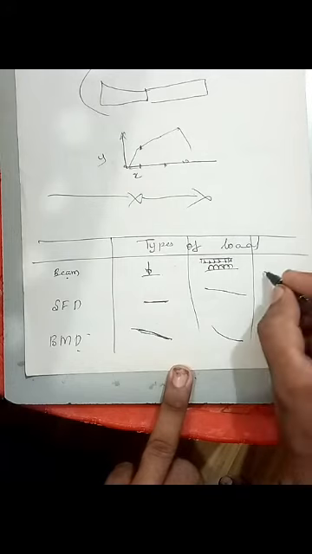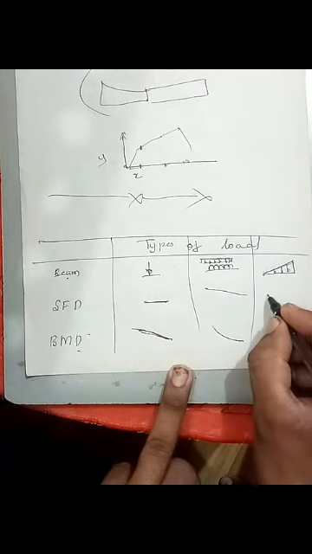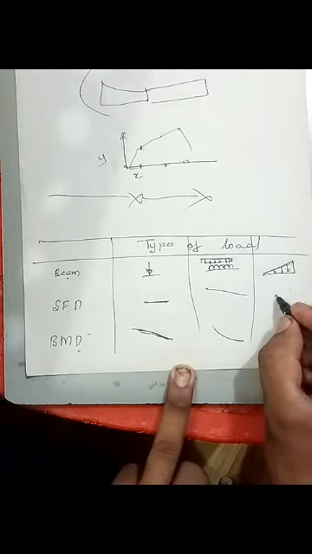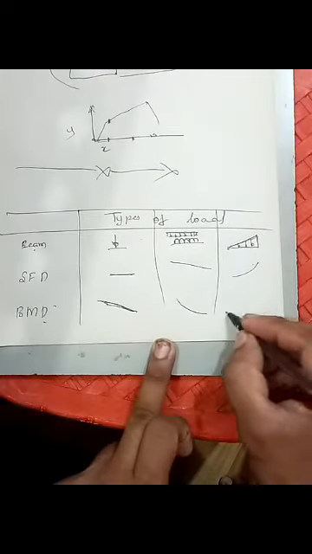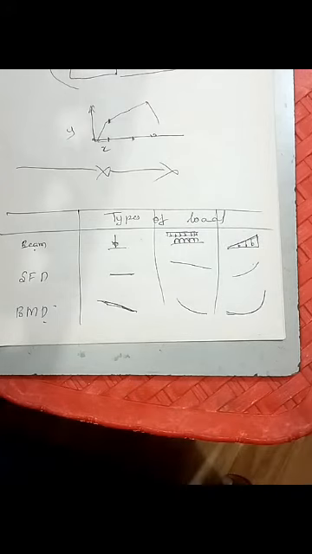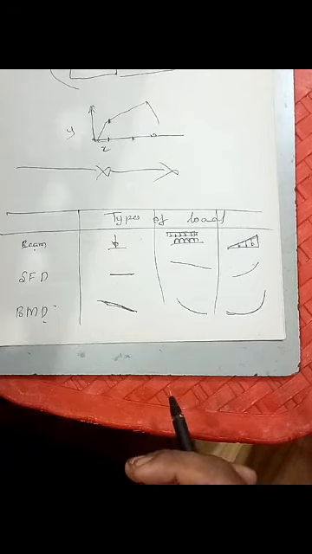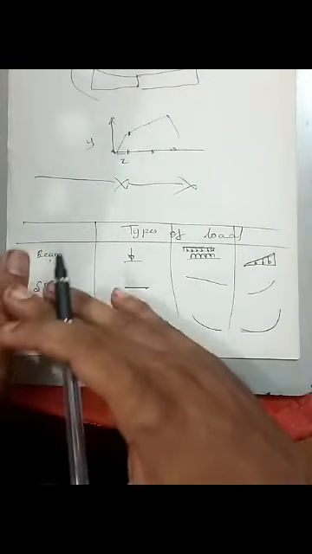Next, UVL. If the loading is UVL, uniformly varying load, it is already inclined here. Since it's already inclined, it will go slightly parabolic, then hyperbolic. It will be a very high order bending moment line. Please understand this table, and from next class we'll start with the next topic, and please write down those definitions also. Okay, thank you.